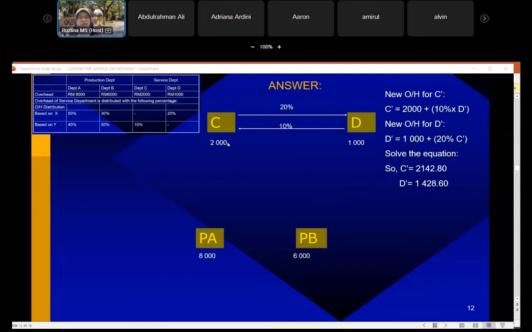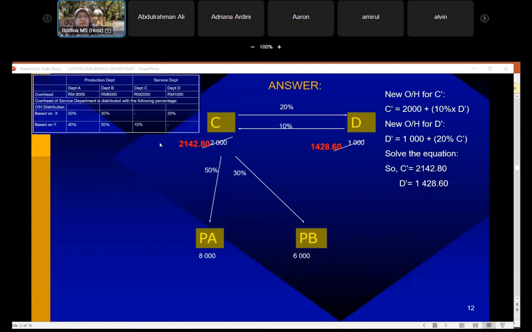2,000 is the existing one and plus with the new one, the 10% times D, the new one. And then we have the D dash ni, the 1,000 the existing and 20% extra lah. 20% extra ni kena ambil juga the cost, kena tanggung juga. And then you solve the equation using the simultaneous equation. Then you got the answer. So just change the number. Then you distribute